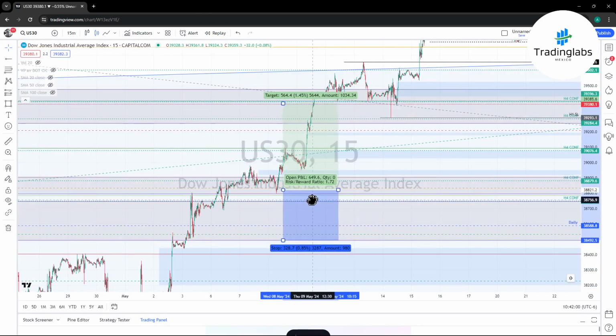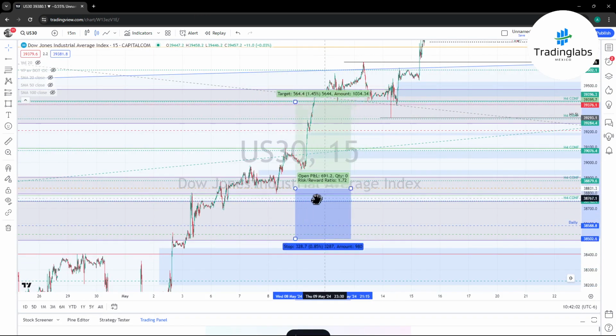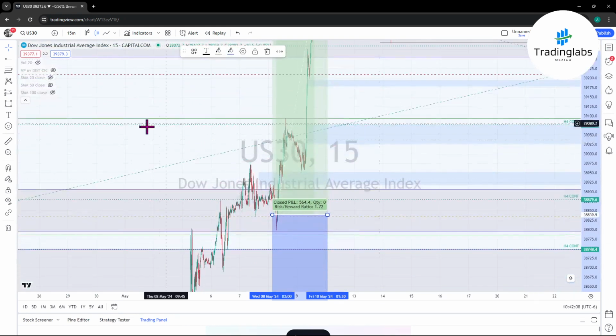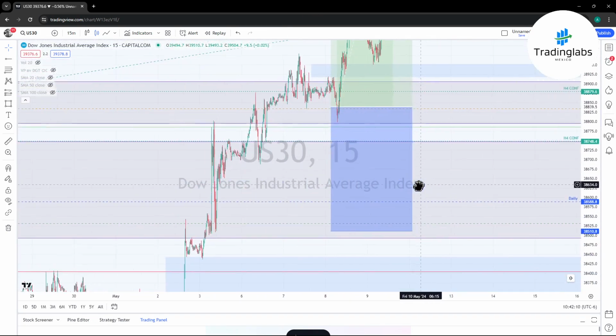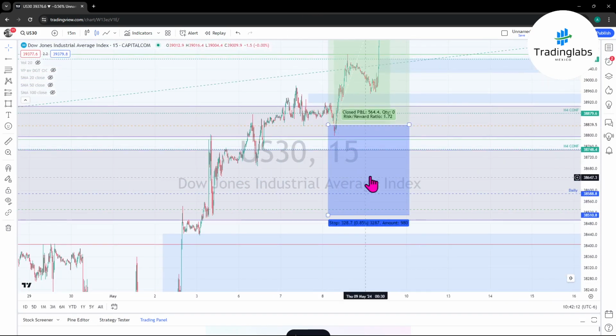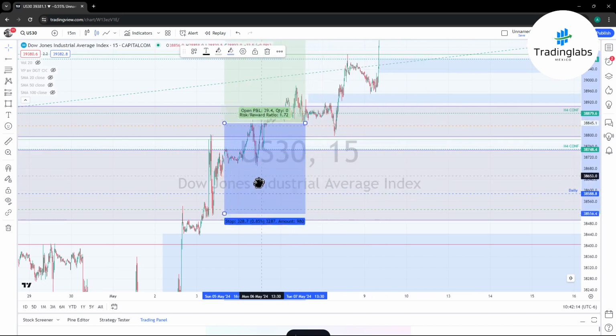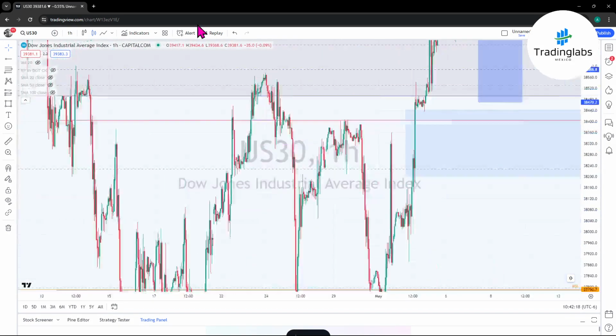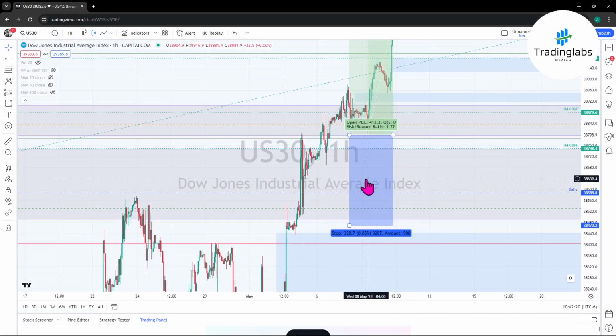Not give your full stop to the market. You have to calculate your lot size very well. For example, if you're taking this trade in 1 hour,